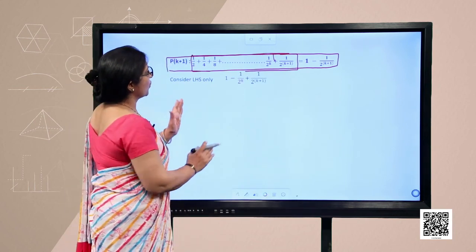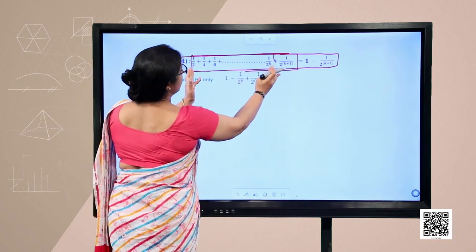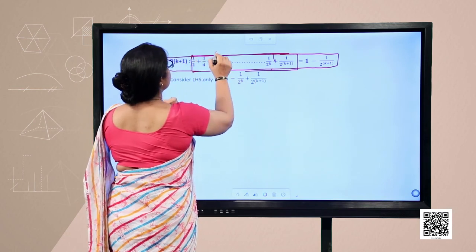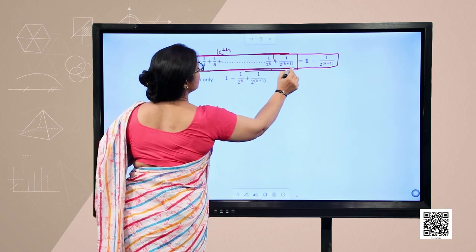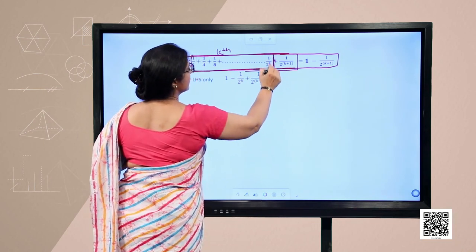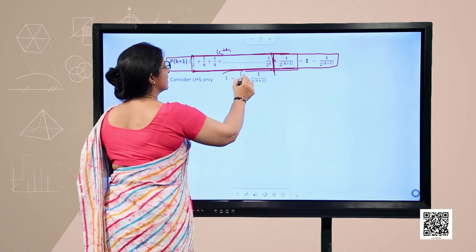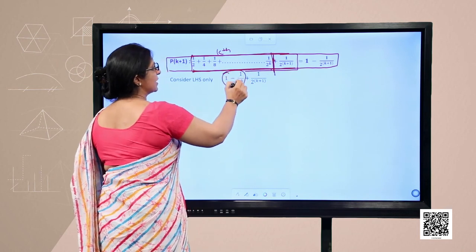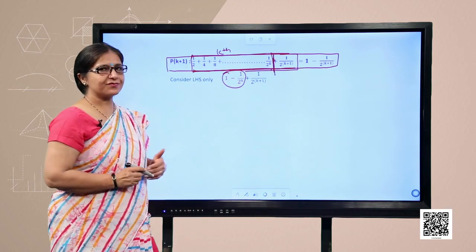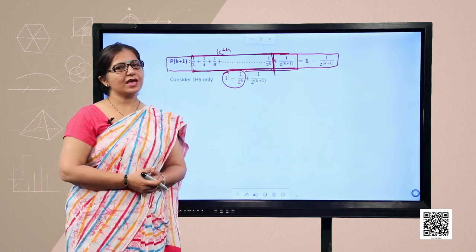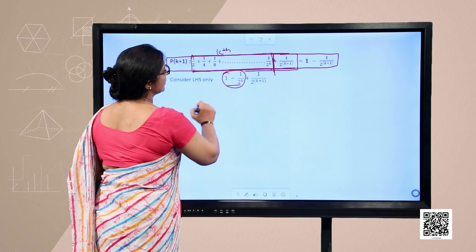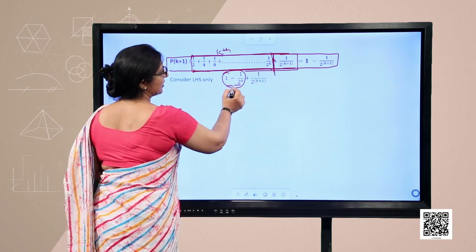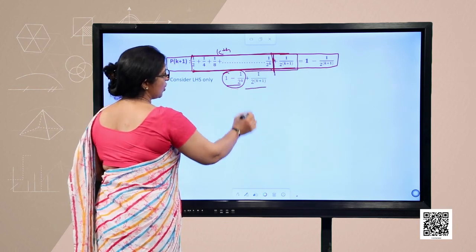As you know, till the kth term, this entire expression is nothing but 1 minus 1 upon 2 to the power k. How? This we have taken using equation 1. We have already told that we will be using it further. So, till k we are writing this expression. Now, solving it further,